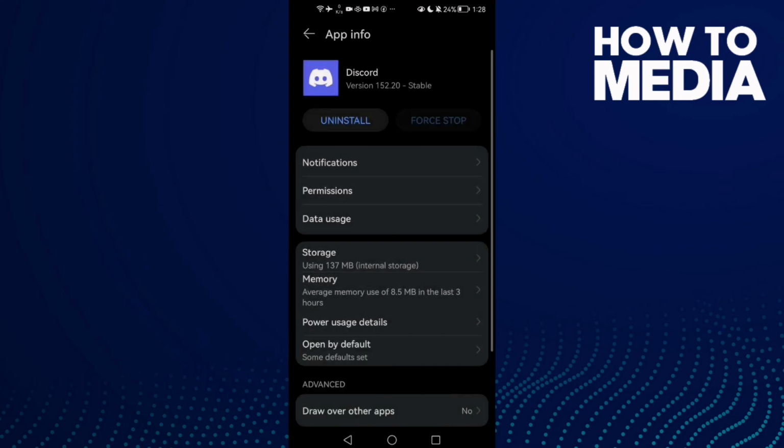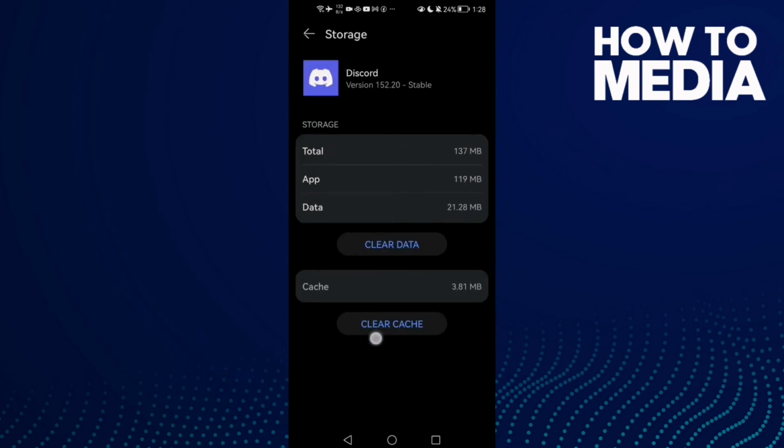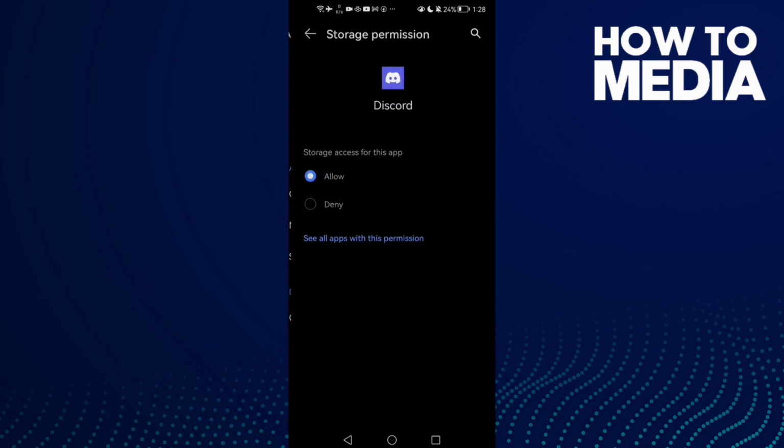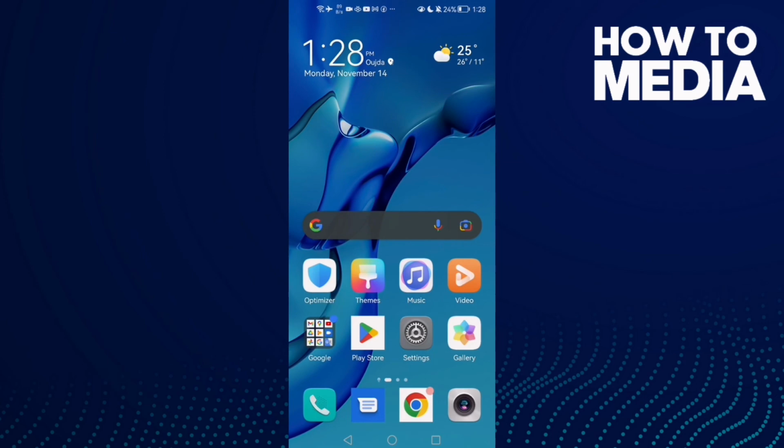Click on it and go to storage, click clear cache, and then go to permissions and allow storage. Maybe you'll find it like that, then just click allow, and that's it. Your problem must be fixed, and then just restart your phone and try